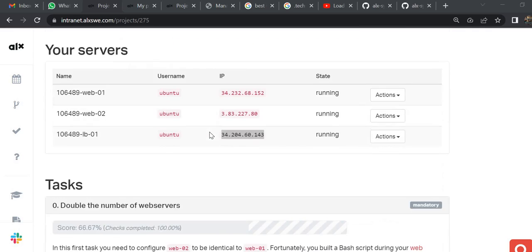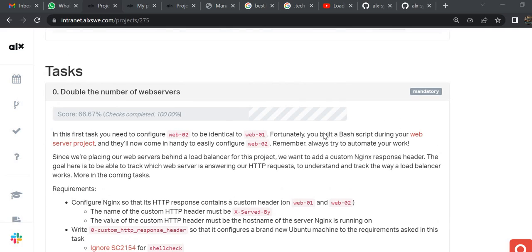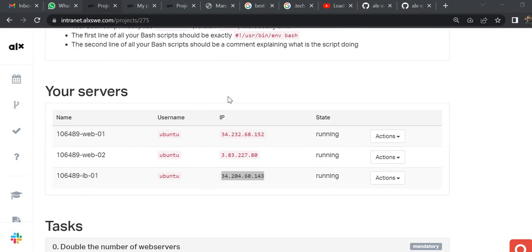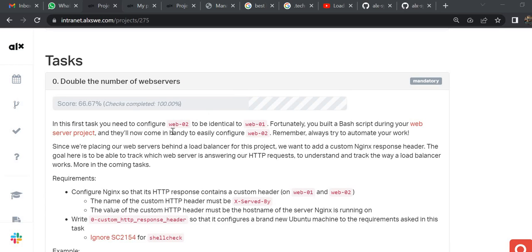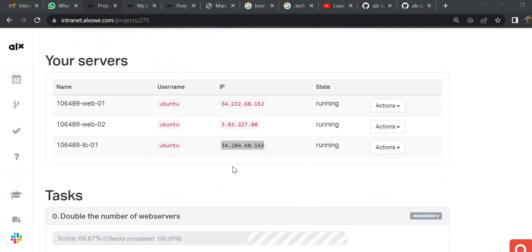So the first task is that you need to configure Web 02 to be identical to Web 01. We already did Web 01 in the previous SSH and web server project. So we need to configure Web 02 to be identical. And also